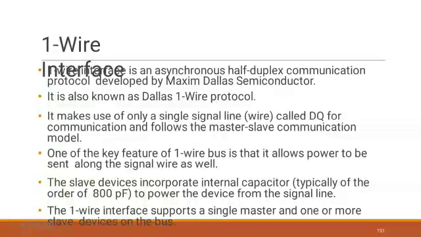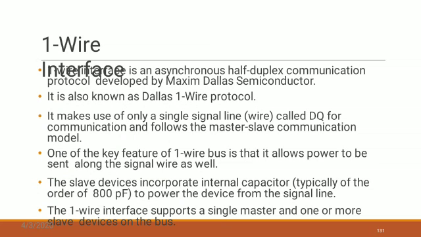In today's class, I will start with the one-wire interface. It is an asynchronous half-duplex communication protocol developed by the company Maxim Dallas Semiconductors. It is also known as the Dallas one-wire protocol. Here, only one wire by the name DQ is used for the complete communication along with the power supply. One of the key features of the one-wire bus is that it allows power to be sent along with the signal